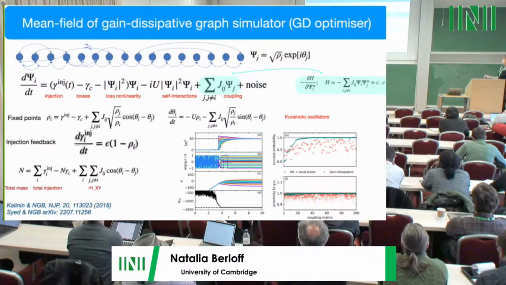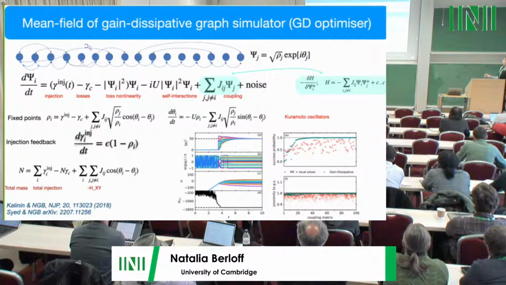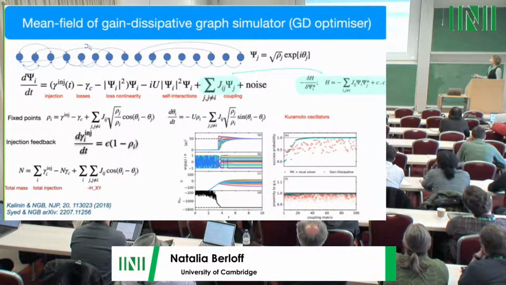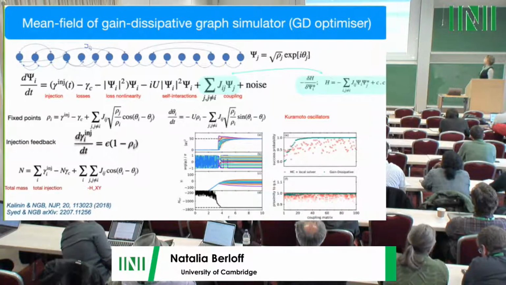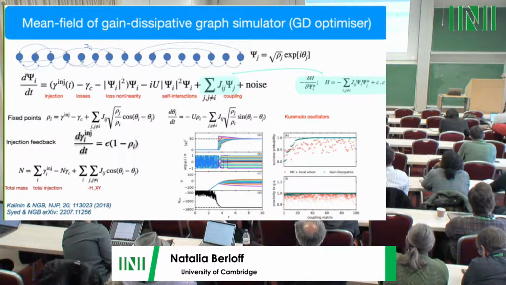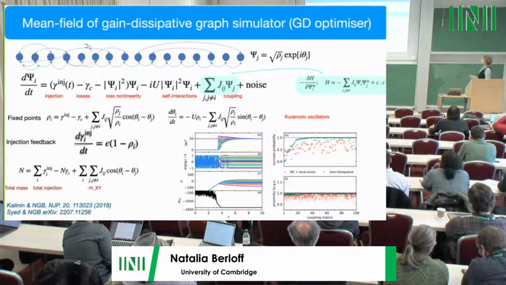This is the little simulation just to illustrate how all the densities are brought to the same value, 1. 50, okay, that's scaled. All the phases also establish themselves according to the XY model. And here we compared this with just randomly generated coupling matrices using Monte Carlo and the local solver to find the minimum. And in blue, we show the result of running these networks on these matrices.